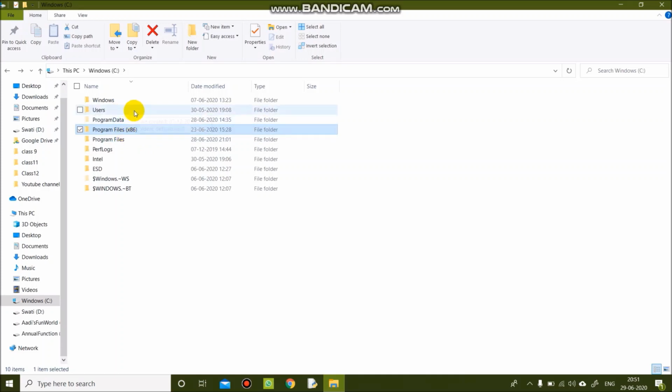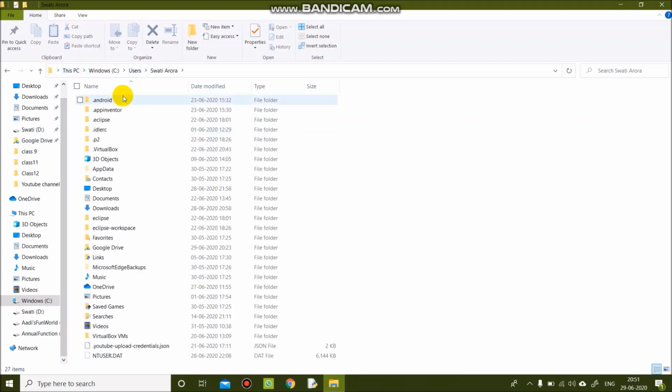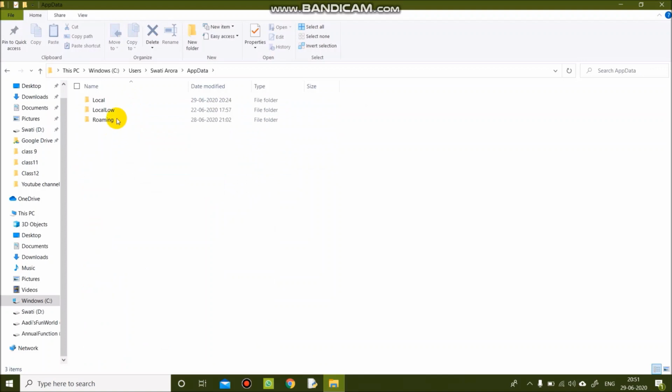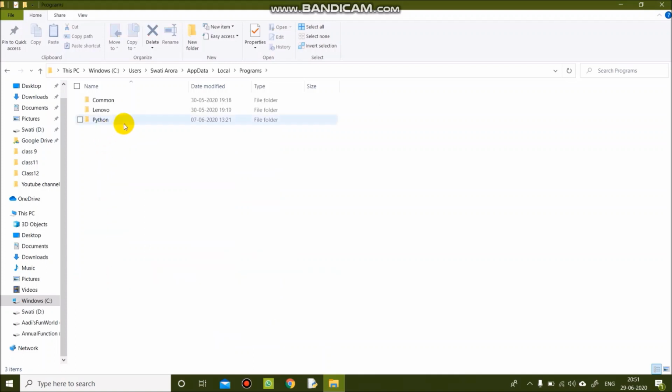So you click on Users after coming back to drive C, and then click on your username, and then go to AppData, then click on Local, then go down here and choose Programs, and here you can see a Python folder.